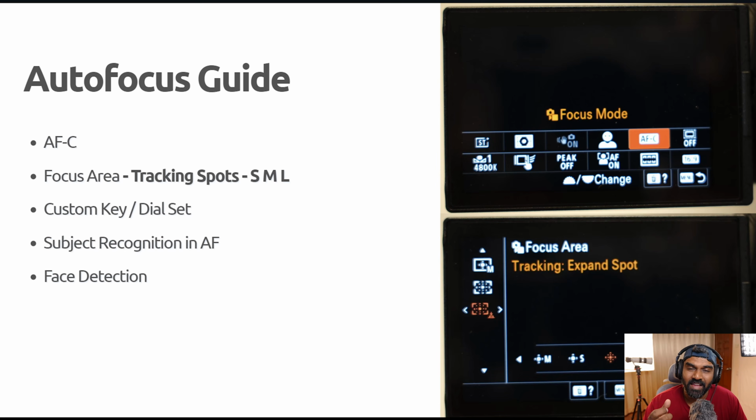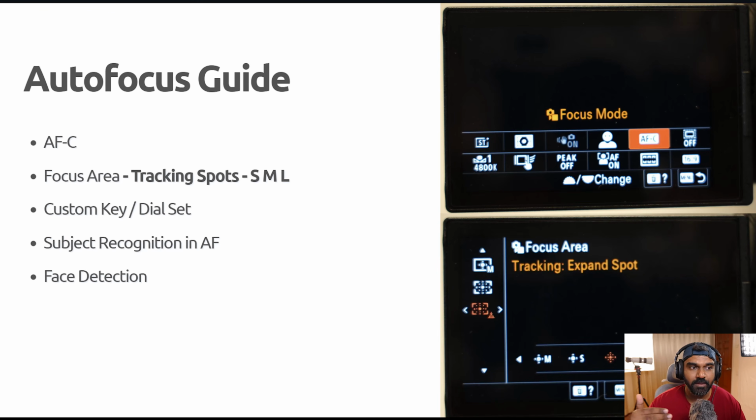It's got a limited set of keys and dials, and it doesn't even have joysticks. So I am very limited in setting the custom key. So yeah, it's okay if you don't set it. Subject recognition in AF, it's important, right? So it has to understand you're shooting a human. And if you set it that way instead of auto,